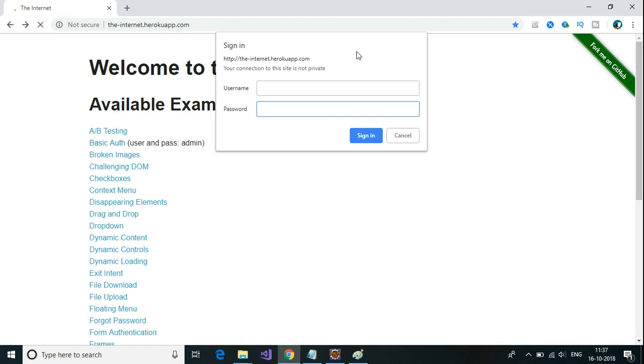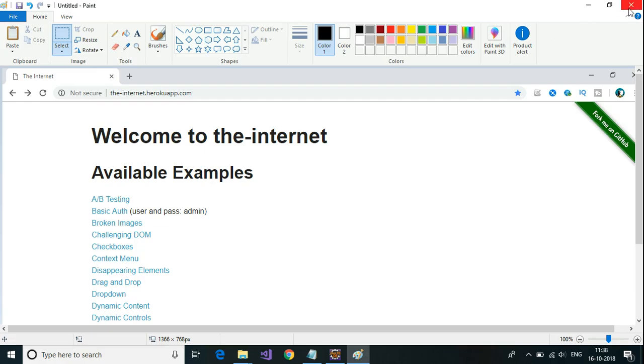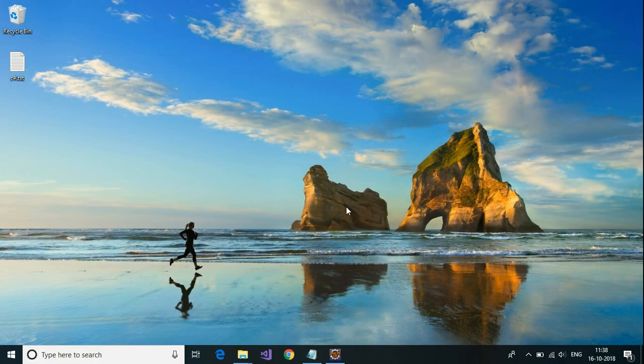These are the operations which we are going to do using Sikuli. Okay, so I'm going to close this as well. Okay, so let us go back to Eclipse,